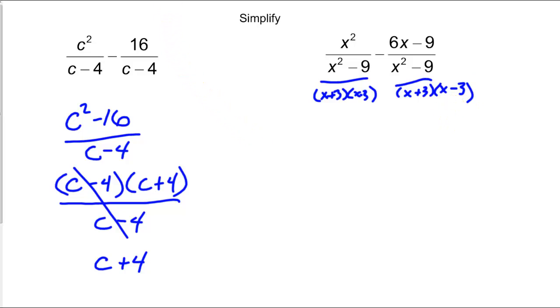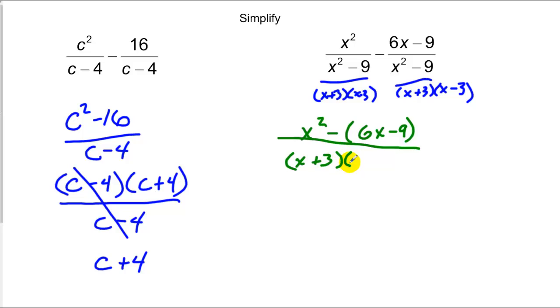add the numerators. One thing you're going to have to be conscious of is I'm subtracting two terms over here. So what I like to do is I like to rewrite the whole term as x squared minus the quantity of 6x minus 9 over that LCD, which was x plus 3 times x minus 3. Then what I'll do is I'll remember, hey, I've got an imaginary 1 right here that needs to be distributed through. So I have x squared minus 6x plus 9 over x plus 3